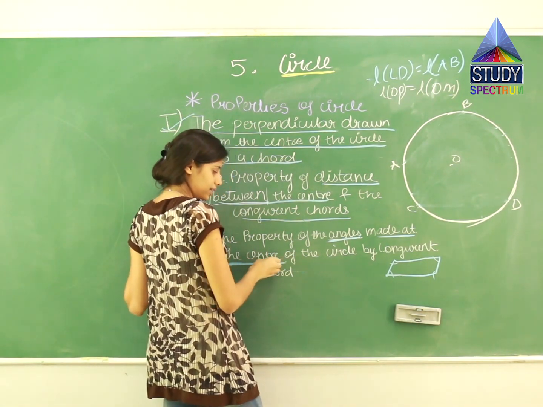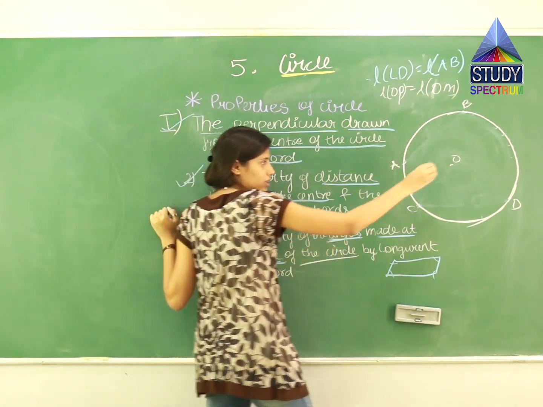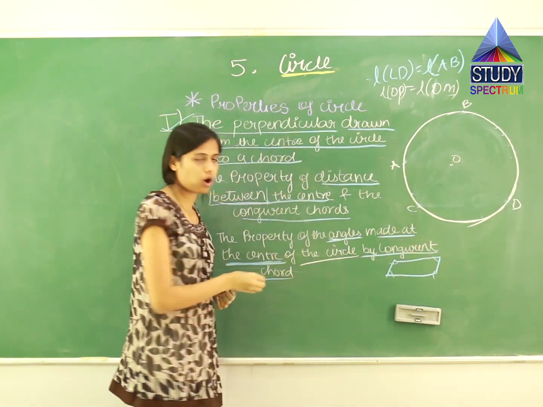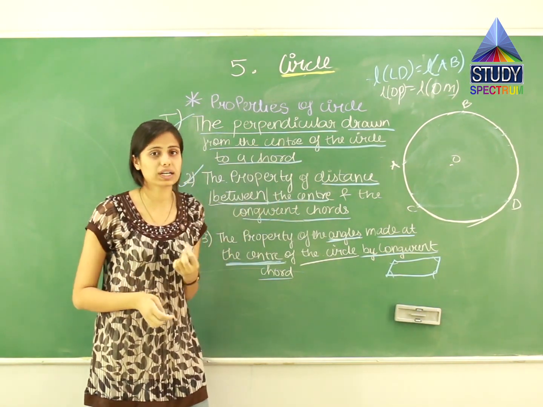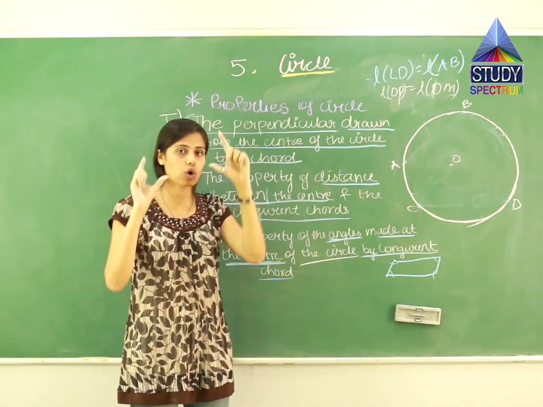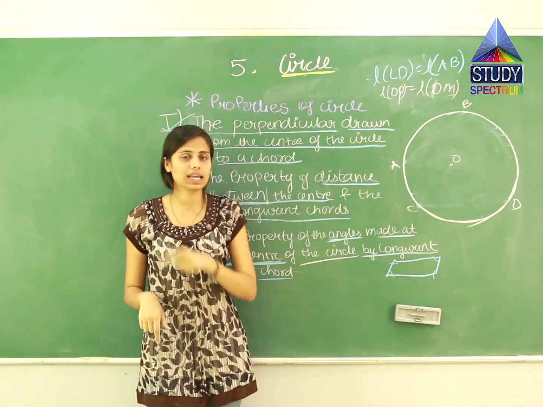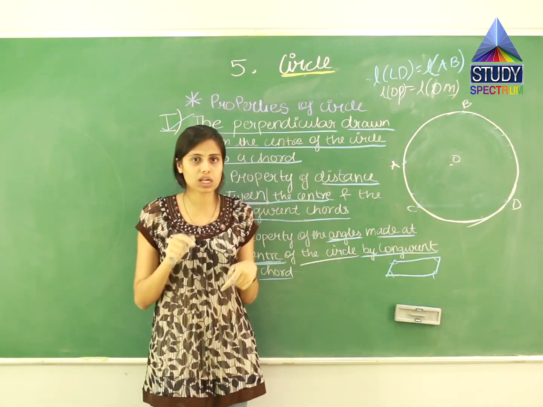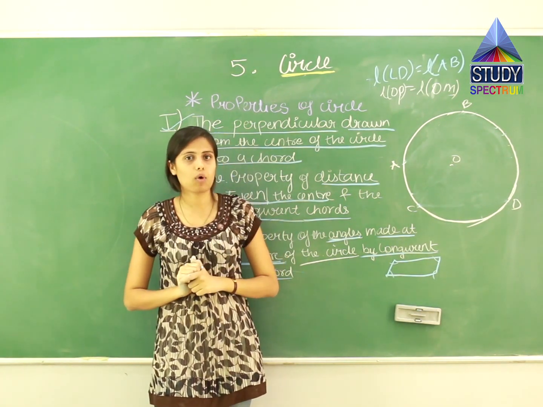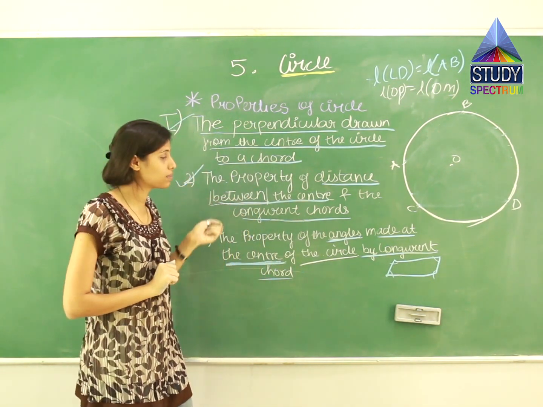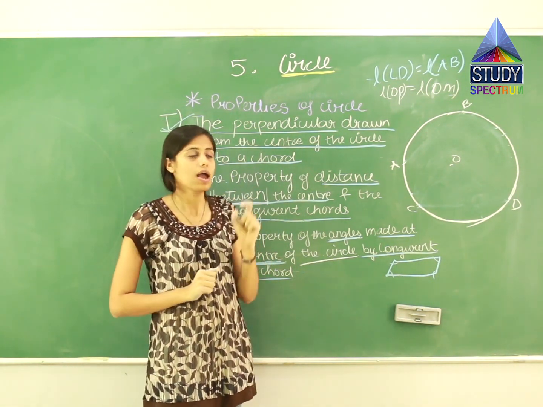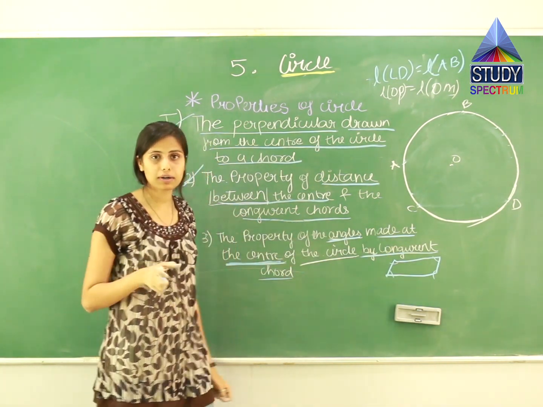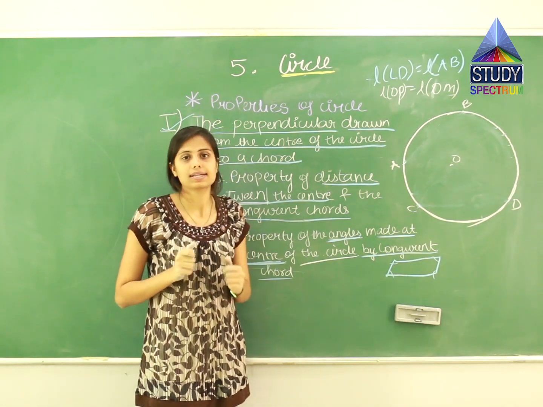Angles formed at the center of the circle by congruent chords. प्रीवियस प्रॉपर्टी में भी दो कॉन्ग्रुएंट कॉर्ड्स थे, उसमें क्या बोला था, अगर दो कॉन्ग्रुएंट कॉर्ड्स हैं और सेंटर से हम दोनों के लिए दो परपेंडिकुलर ड्रॉ करते हैं, तो अगर कॉर्ड्स दोनों सेम हैं तो उनके परपेंडिकुलर भी सेम होंगे, जो प्रीवियस प्रॉपर्टी थी. इस बार की प्रॉपर्टी एंगल्स के बारे में बोल रही है. एंगल्स फॉर्म्ड बाय कॉन्ग्रुएंट कॉर्ड्स. Now let us understand what is a congruent chord. कॉन्ग्रुएंट का मतलब पता है, दोनों लेंथ में सेम होने चाहिए.